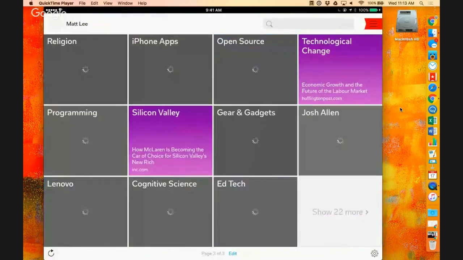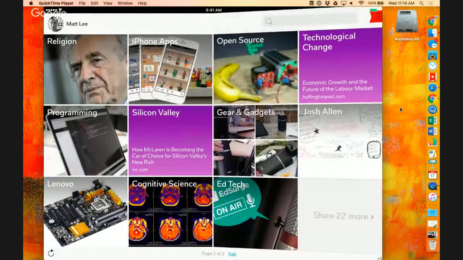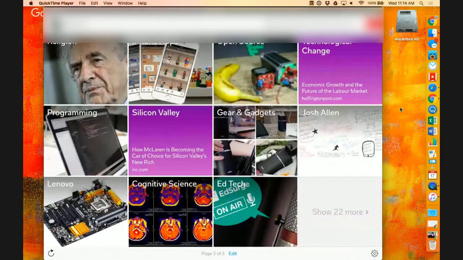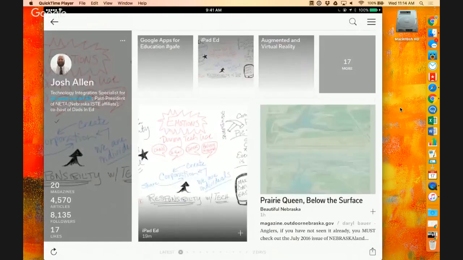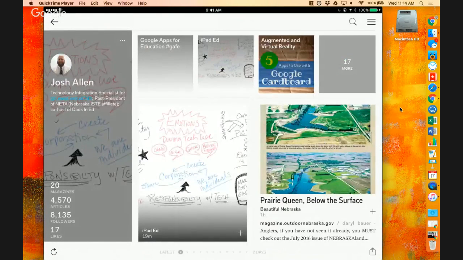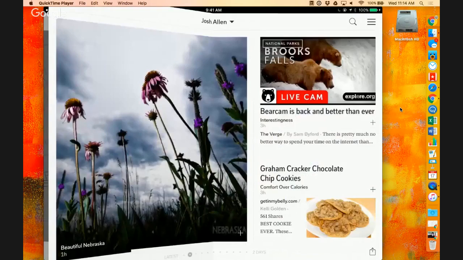You can also create your own magazine. And so one of the individuals that I think highly of in kind of the education technology sphere is Josh Allen, a former past president right now, and he has his own Flipboard channel. And so if I click on his Flipboard channel, these are all articles or websites or stories that he found value in, that he wanted to share with others, and he put into his Flipboard magazine. And now I can go through and I can see the channels that he's created, and I can see the